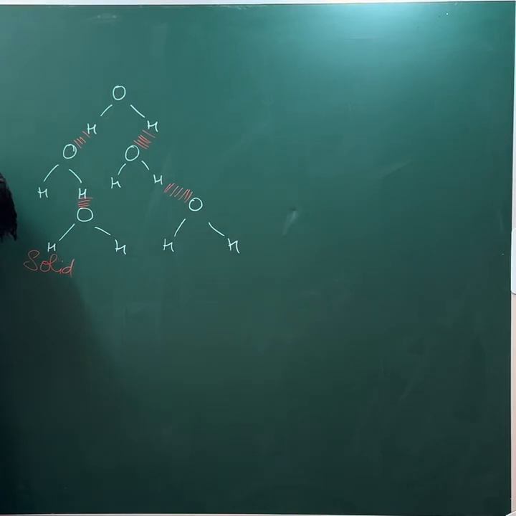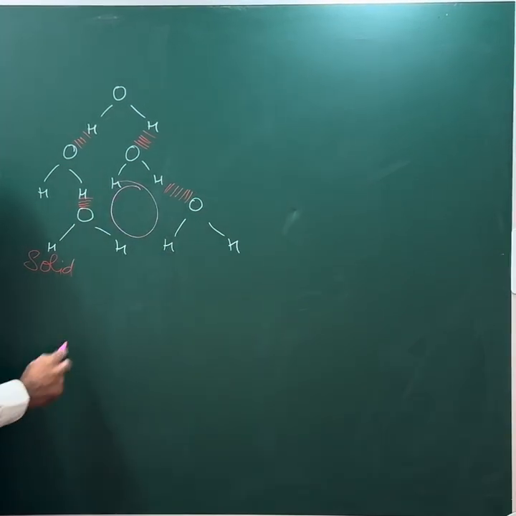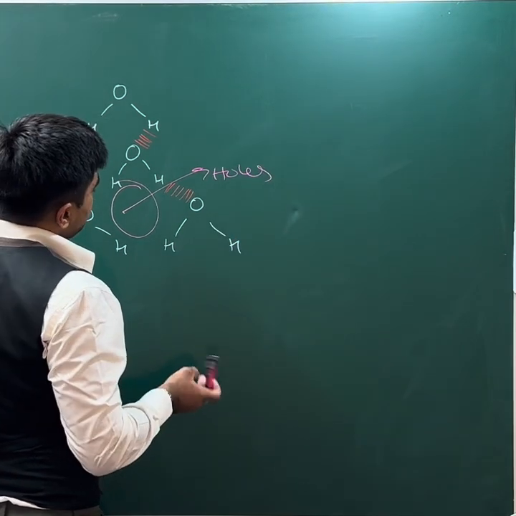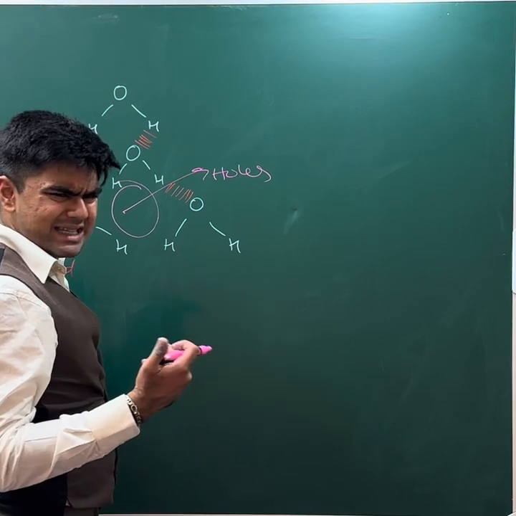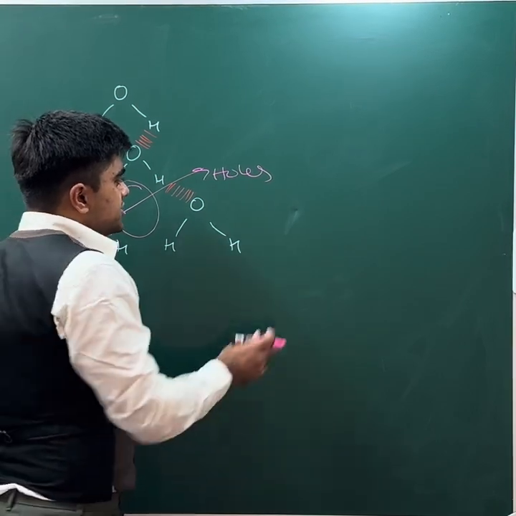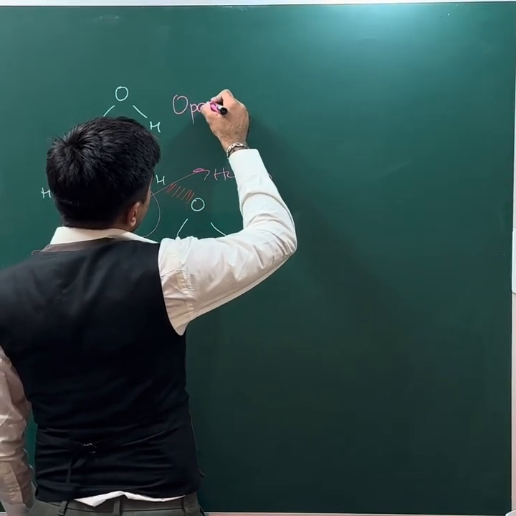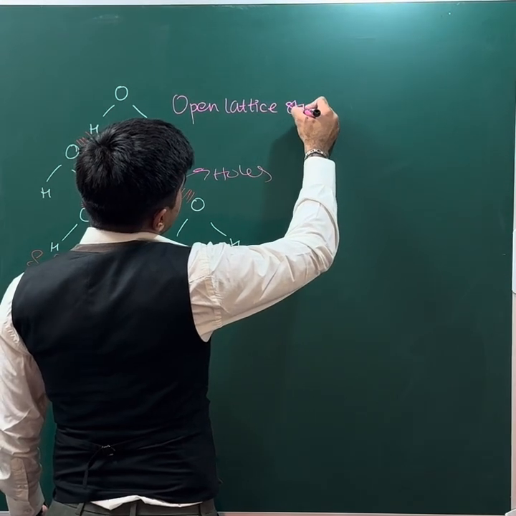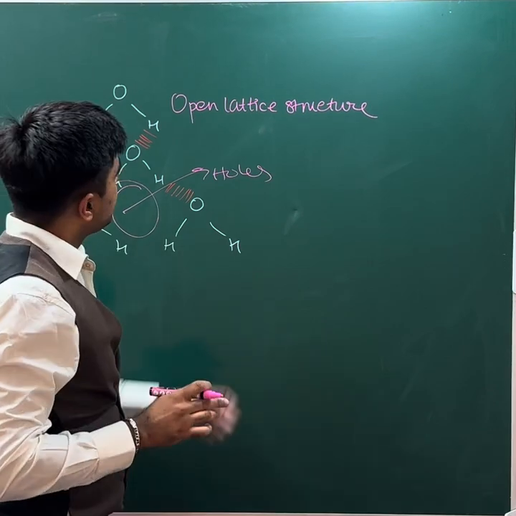And if you note, and look very carefully, in between the structure you've got massive gaps. You essentially have holes in your structure. And that means you've got a lot of empty space in ice. So hence we can say ice has an open lattice structure, which